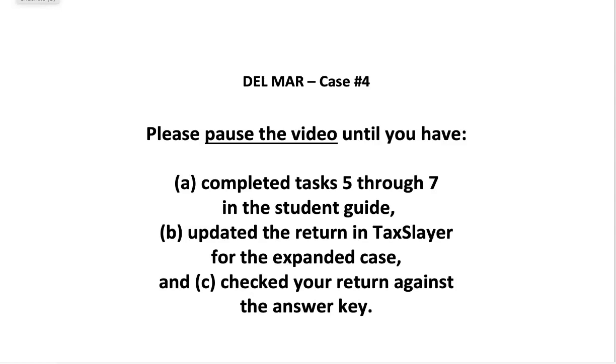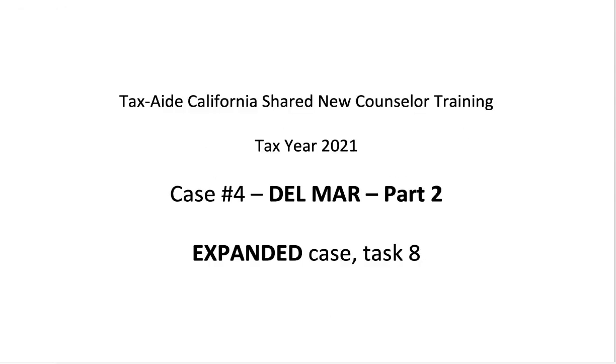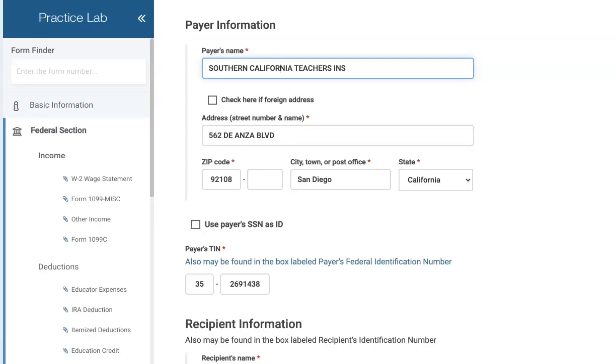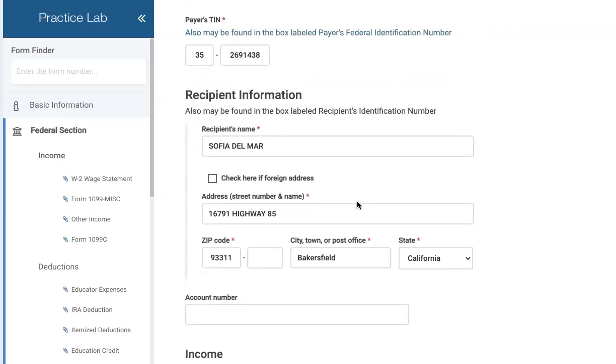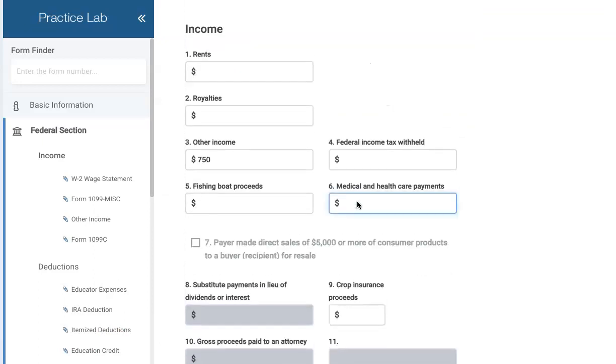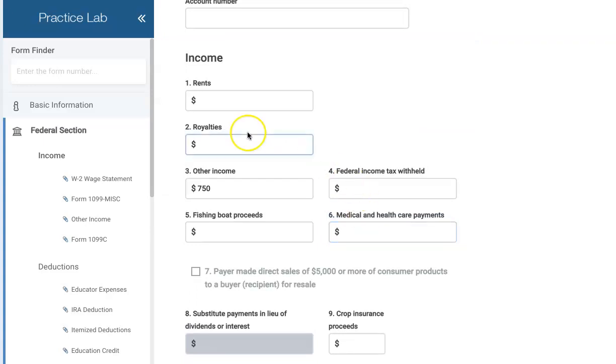Please pause the video and turn to the expanded case, tasks 5 through 8. Now it's time to review the expanded case. The 1099 miscellaneous form is interesting because depending on where the income occurs, it flows to different places. In this particular case, the box 3 on the paper form is $750, and that's other income. This is an award,